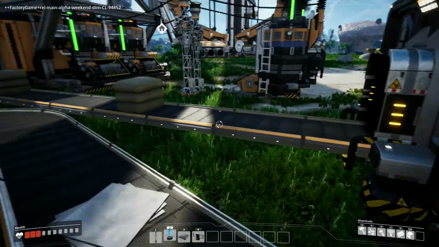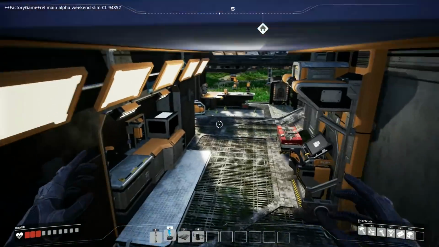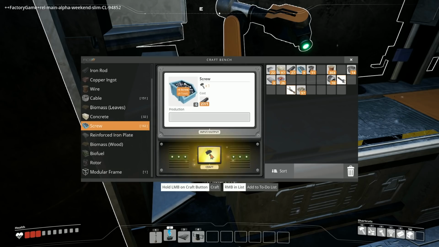The idea is to get all of these constantly full. That's like perfect efficiency, isn't it? But do you know what? It's all good. 11 rotors we can make, and we need 50 of them. Ha! This won't take a million years. What are we going to run out of first? Screws. That's interesting. Interesting that the screws are what we need